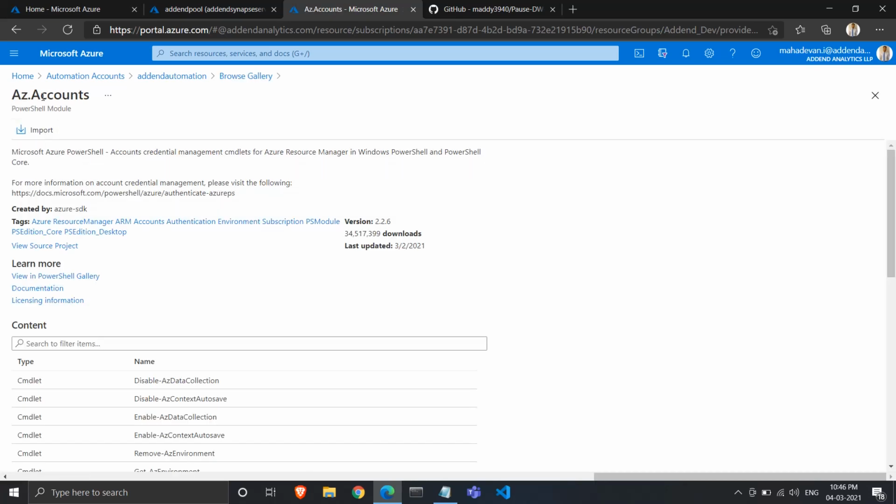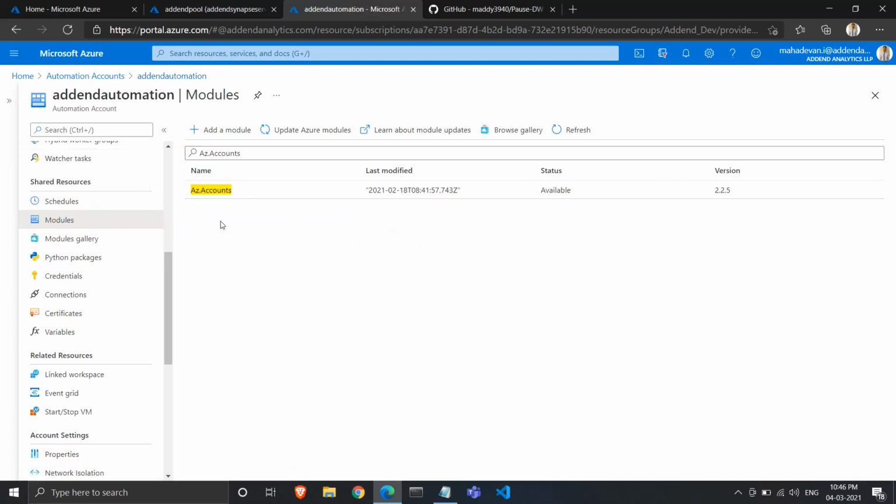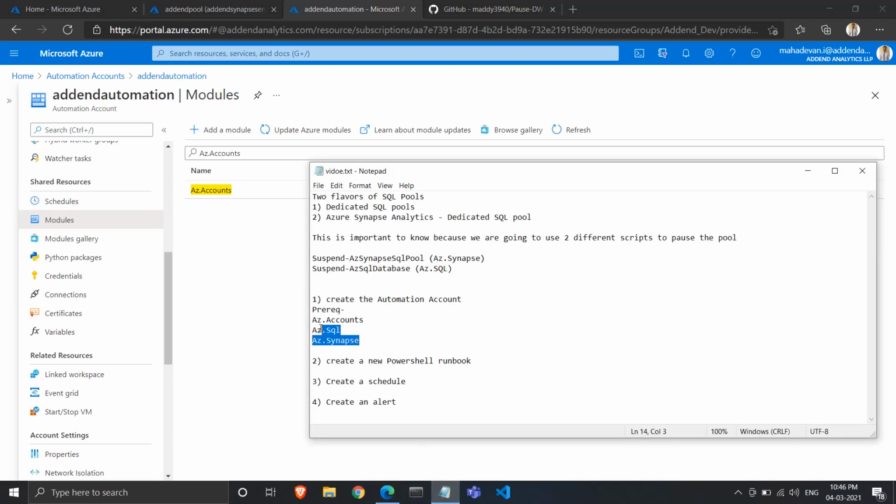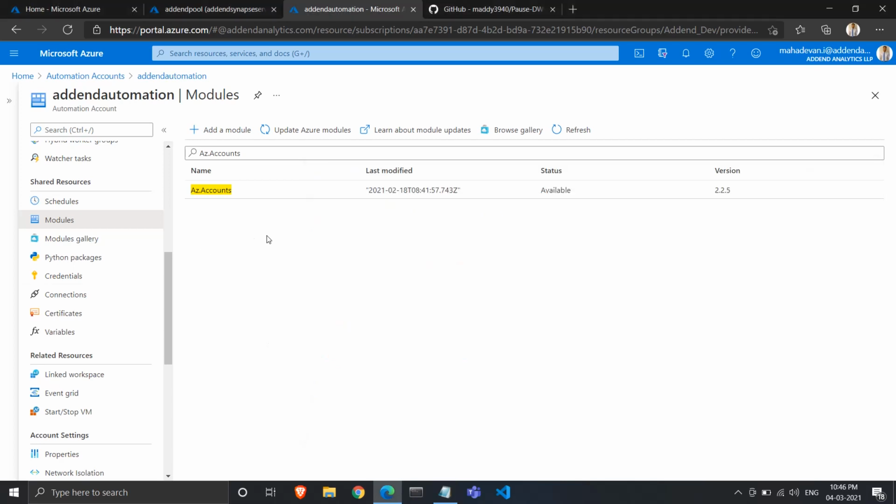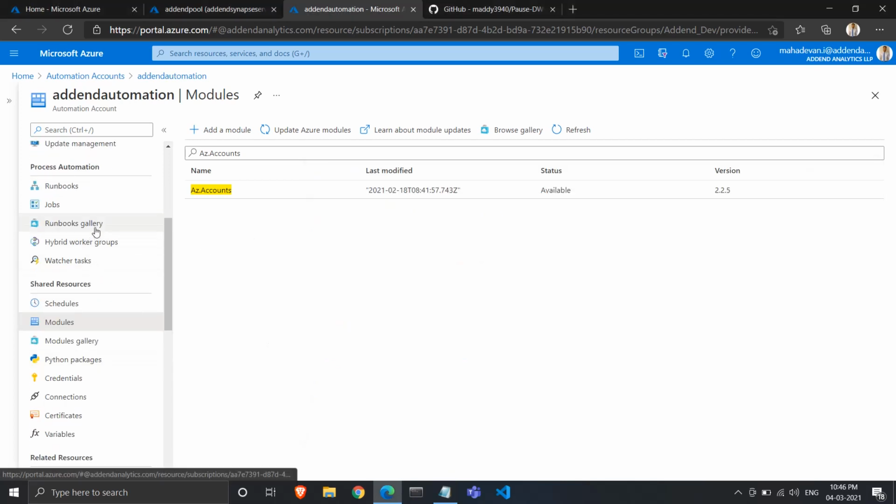Click on import and the module gets imported to your automation account. In the same way, you need to import az.sql and az.synapse modules. So now we'll create a PowerShell runbook. Go to runbooks from this menu,